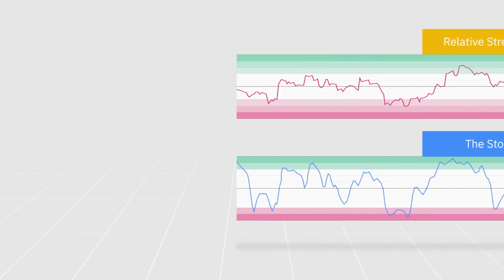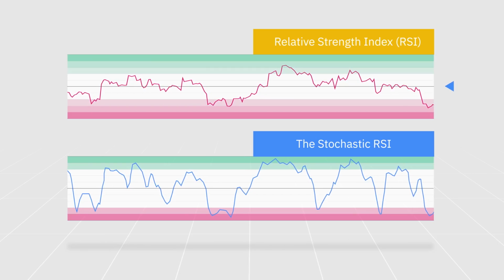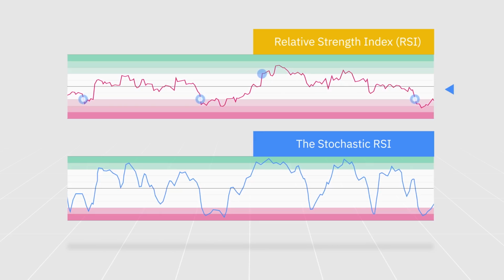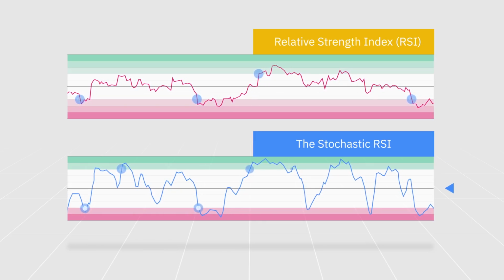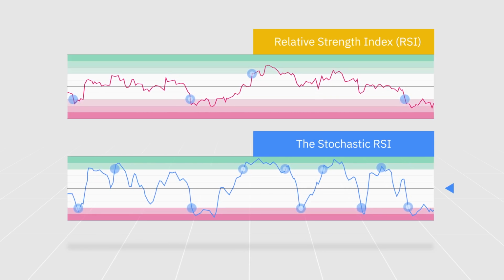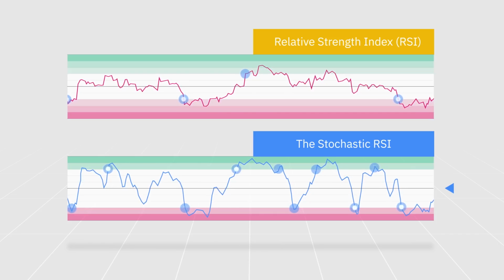Although the RSI and the stochastic RSI have a lot in common, the standard RSI moves relatively slower, producing a smaller number of trading signals. This means that the stochastic RSI is a faster and more sensitive version of the RSI. While this gives traders more opportunities to identify potential reversals in the market, it's also riskier because it produces more